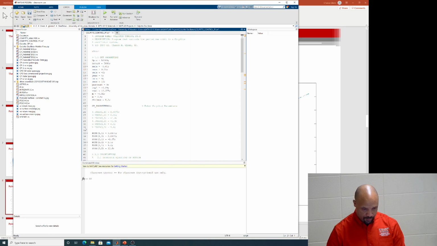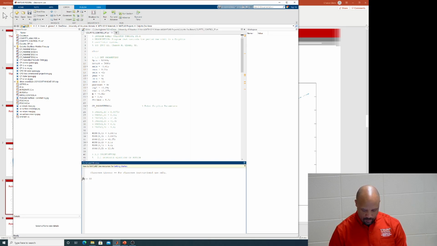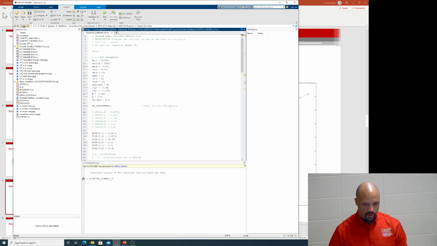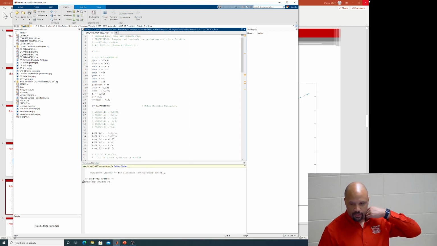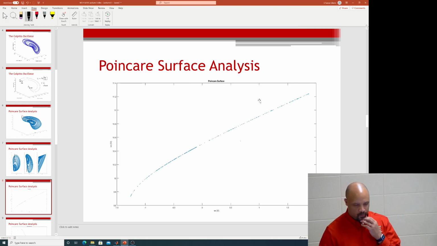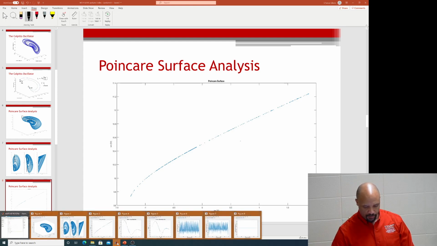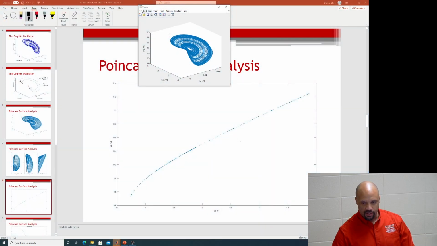All right, let's just do that. Let this run, and it's going to produce something so we can take a look at it. And because I like being able to move this stuff around and show you. Okay, so here's the